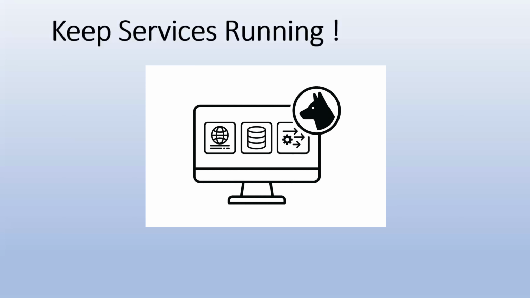There could be n number of reasons, but irrespective of that, we should create a process which continuously monitors all these critical services. So as part of this section, we are going to learn how to create the script which will monitor the services and will make sure they are up and running all the time.